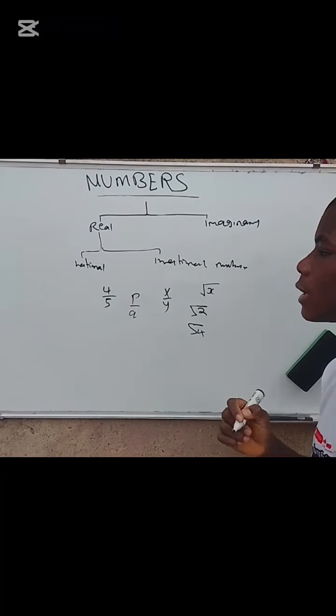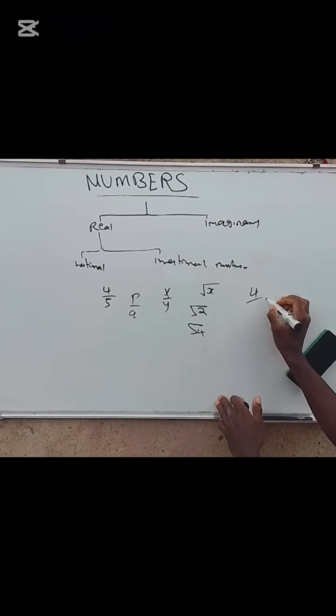So therefore, the difference between rational and irrational number is, a rational number is any number that